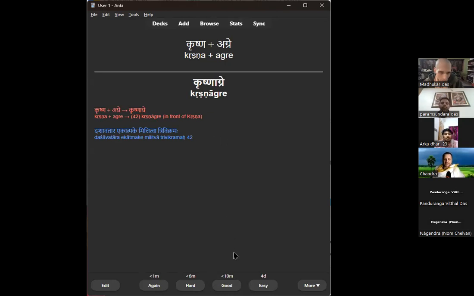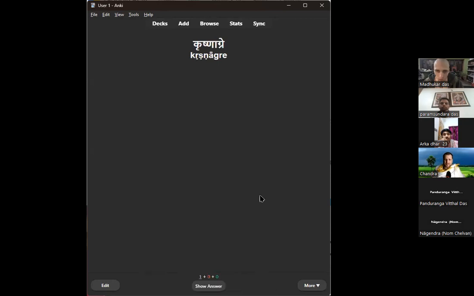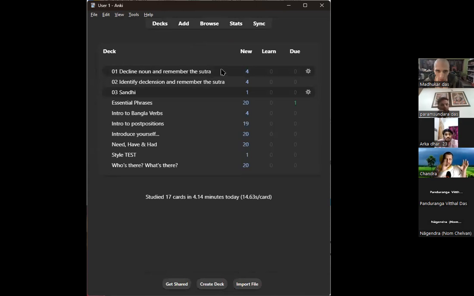Krishna Agre, right? And as a separate deck, I was thinking to do it as a separate exercise, but I've just put it here for the example. So one exercise would be joining the Sandhi, and one would be separating the Sandhi. Just as here, you've got one exercise which is declining the noun, and the other is identifying the declension. So I thought it would maybe be a good idea to do it like that. If anyone's got any suggestions in how to do that, I'm all ears, but that's how I've done it so far. So at this point, any questions or comments?